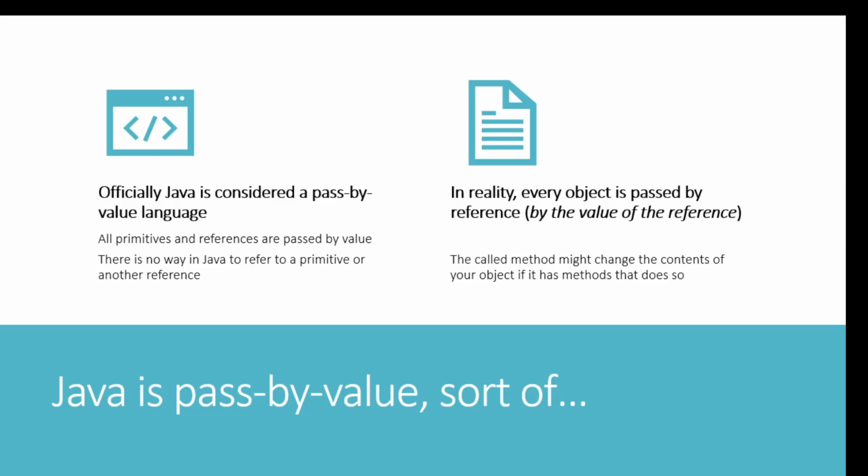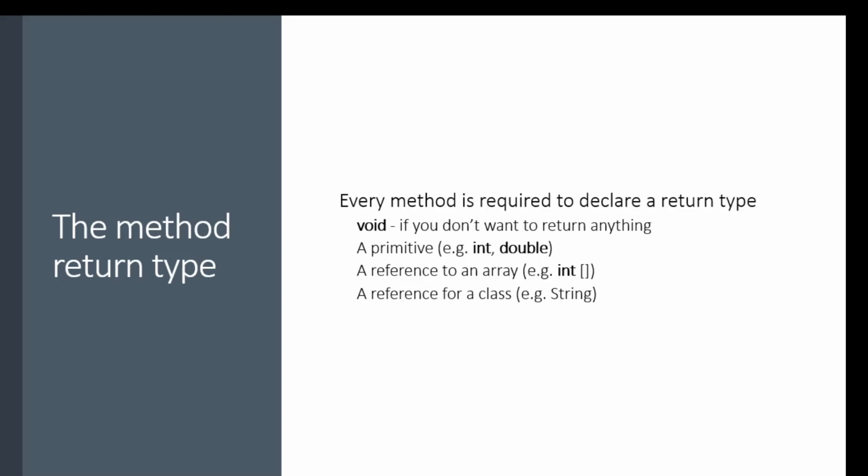So there is no ability for Java to automatically copy an object as it's passed in. If you want to give somebody a copy of something, you have to make that copy before you pass it to them. Now, inside of the method, if I have a need to return a value, I identify that as a return type. I can never pass things back through the parameters,